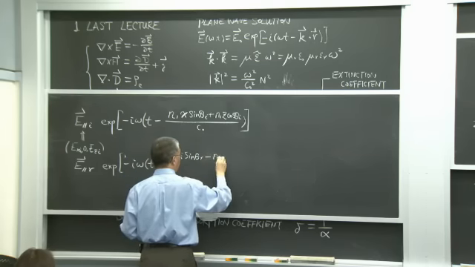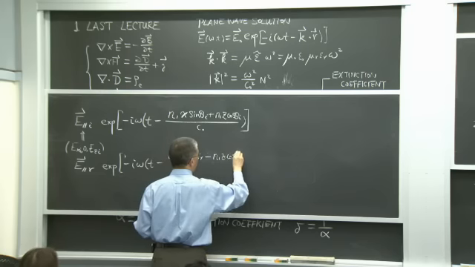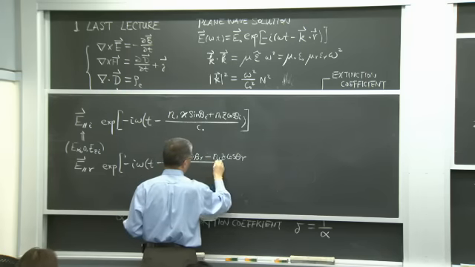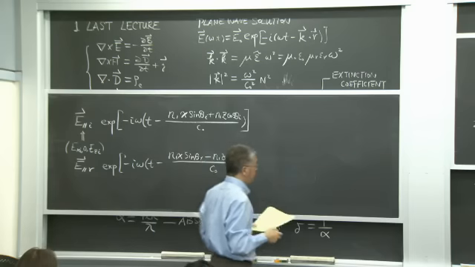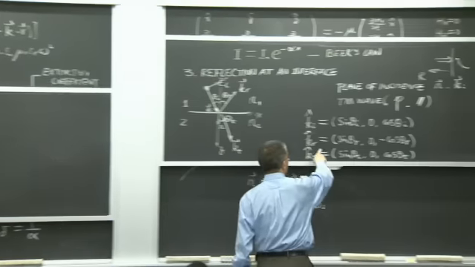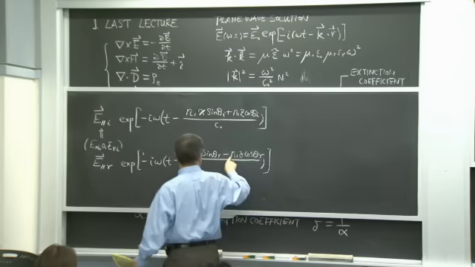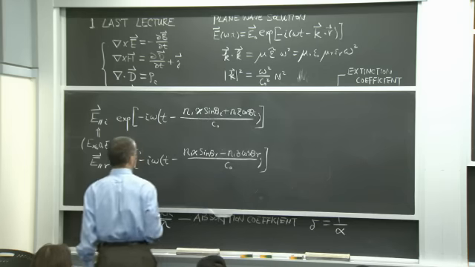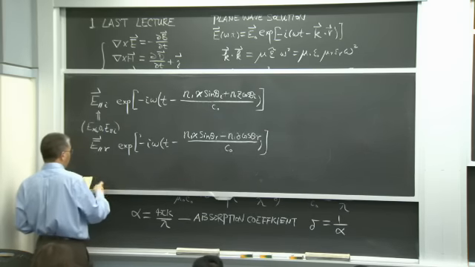Minus n1 z cosine theta r over c0. Recall, because this is k·r, it has a negative, so the positive becomes a negative, theta i becomes theta r, and the area is still medium 1, and transmitted